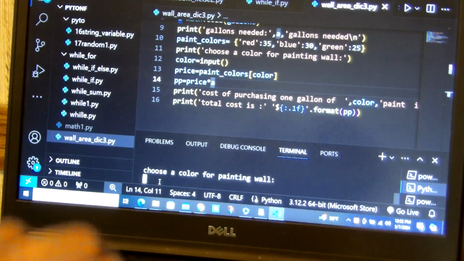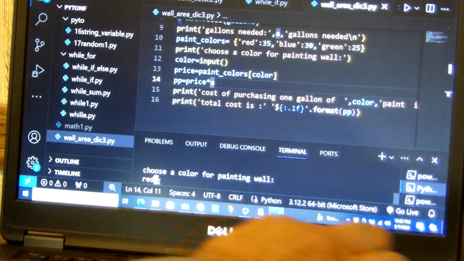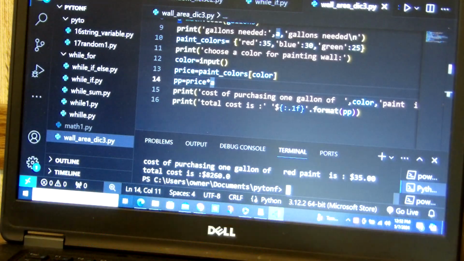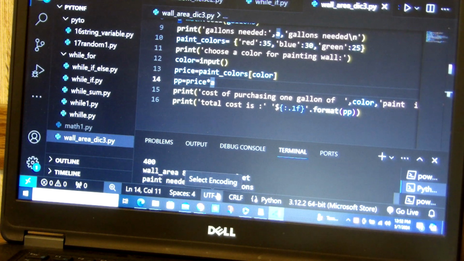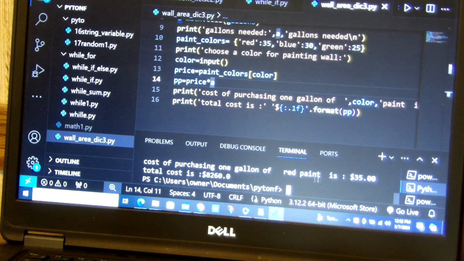Okay, you choose a color, and choose the color red. The cost is $82.60. Every gallon is $35. It was showing earlier that you need 236 gallons, and times this much times 35. It's going to be